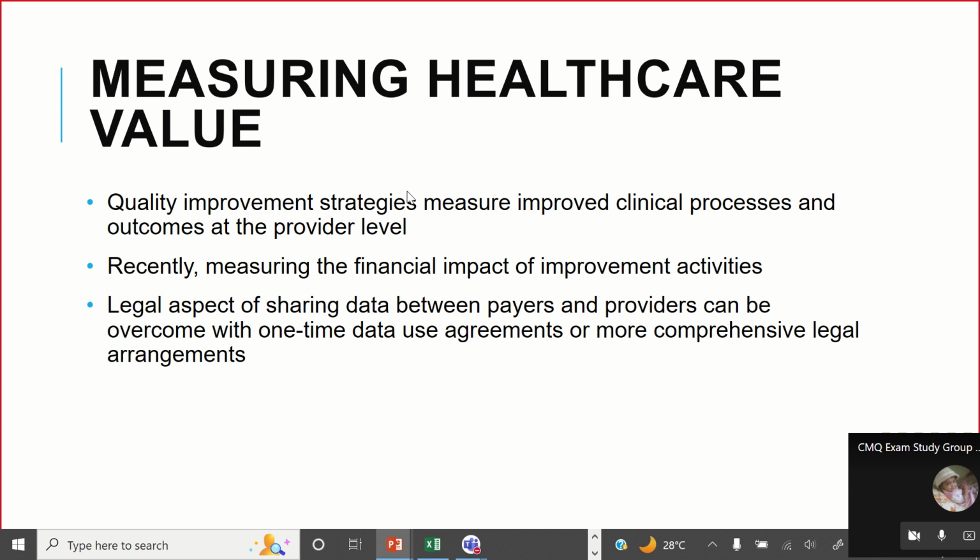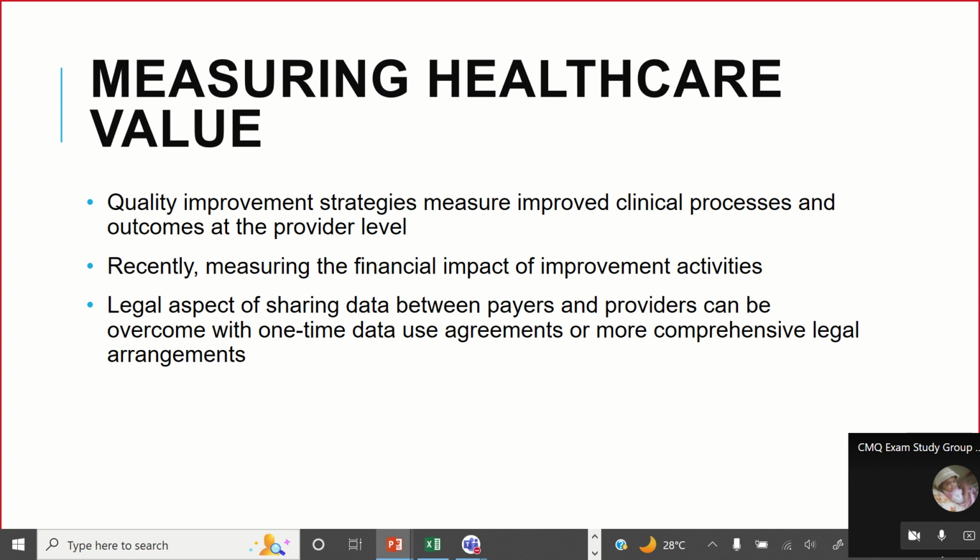So quality improvement strategy mostly measures improved clinical processes and outcomes at the provider level. That's what it was historically focusing on. But most recently, measuring the financial impact of improvement activity became a necessary activity to be added. If you have noticed, even accreditation bodies like JCI started asking that we present the financial impact of improvement rather than only presenting the improvement that we had, because remember the concept of value is quality over